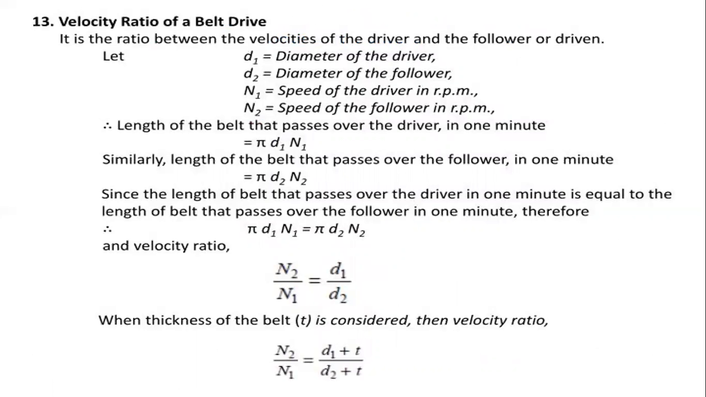So our topic is the velocity ratio of belt drives. To find the velocity ratio for the simple belt drive, first you need to take the simple belt drive, which has one pulley for one shaft only. So there is only one pulley for one shaft. That is the simple belt drive. It is the ratio between the velocity of the driver